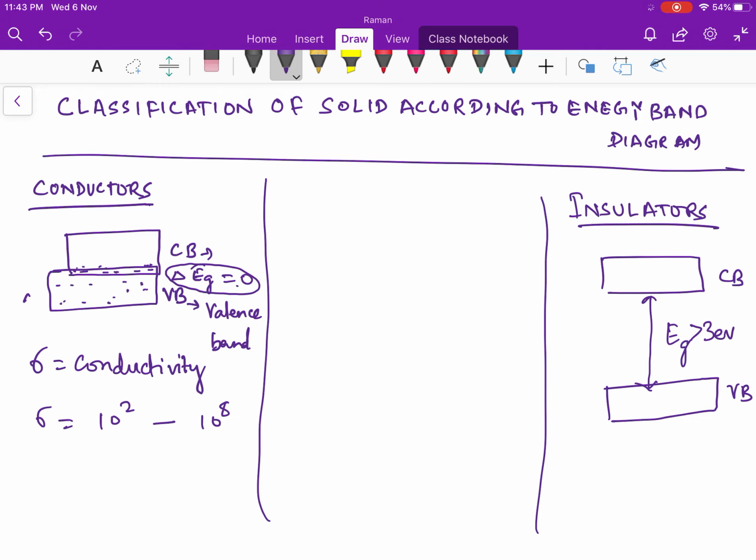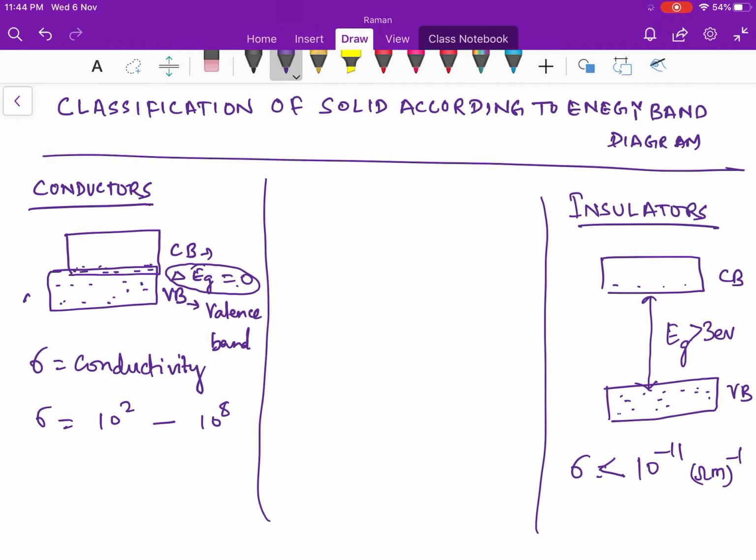So it requires a very high electric field for an electron to jump from the valence band to the conduction band. There are very few electrons in the conduction band, so it conducts very little electricity. So the conductivity in the case of an insulator is almost less than 10 to the minus 11